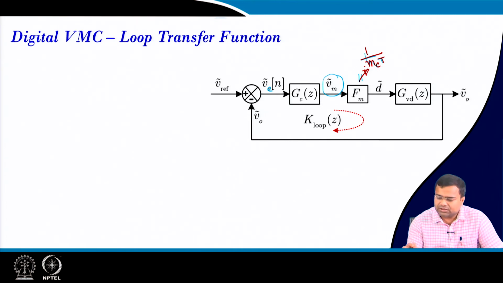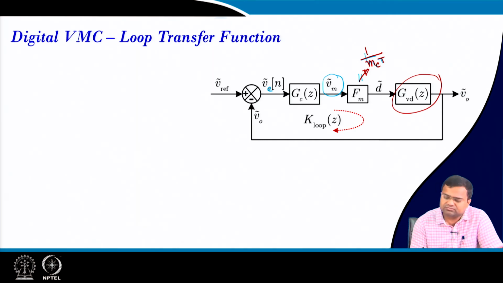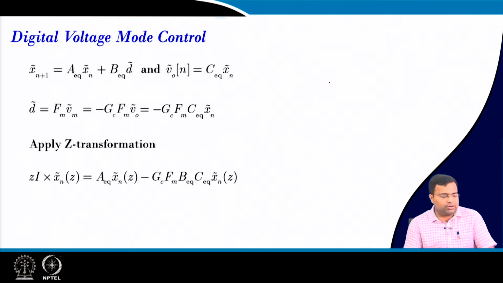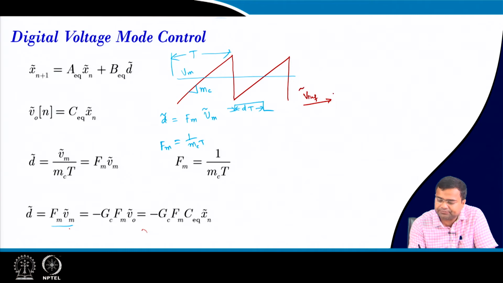Then we have already derived the V0 to D transfer function in Z domain, and that itself takes care of the delay and all. And that means if we go back to voltage mode control, what we are discussing here, what is my Vm? So, if you draw the loop, this is our ref and this is our V0Z, and if we keep this thing to be 0 for a regulator purpose,